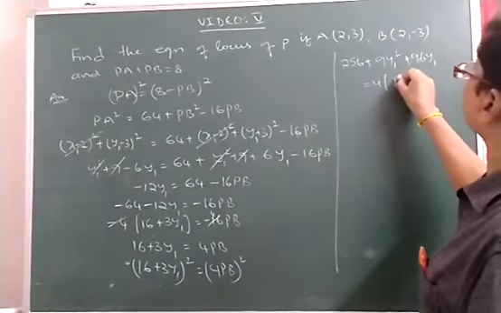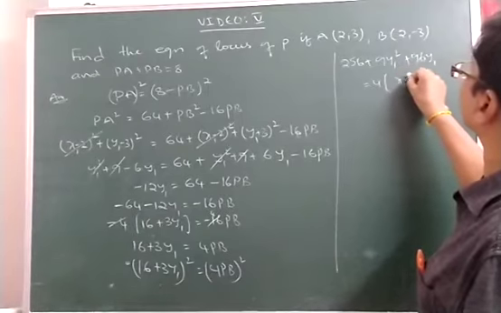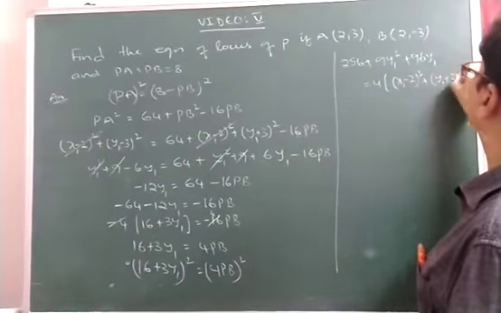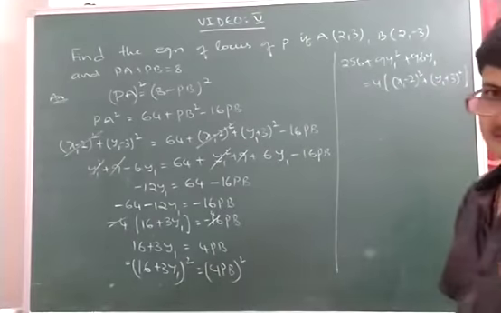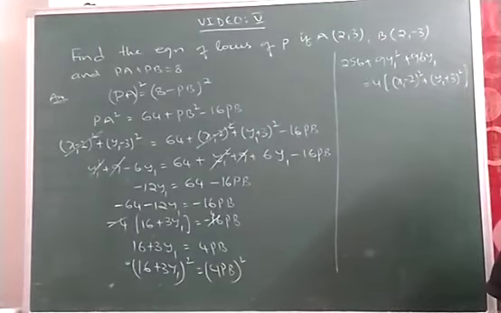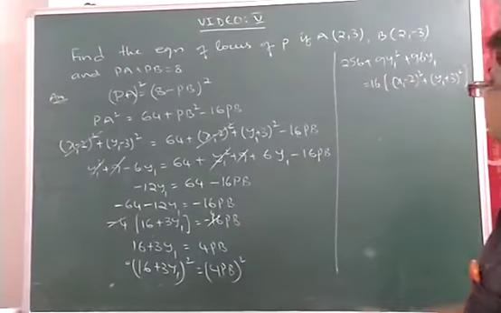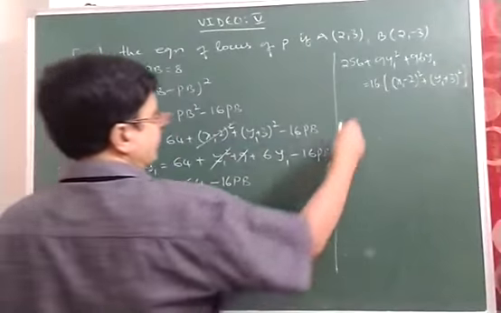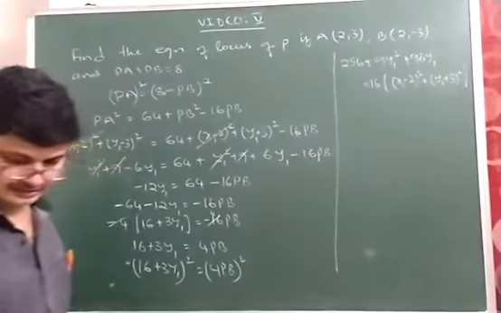That means x1 minus 2 whole square plus y1 plus 3 whole square. Then simplifying this one, we get the answer, that is